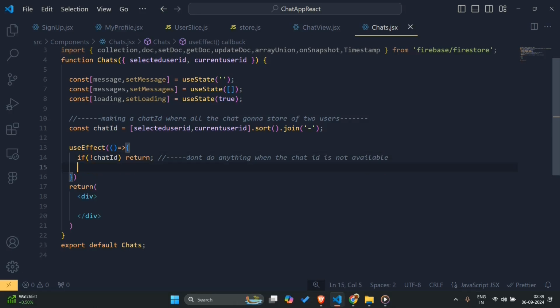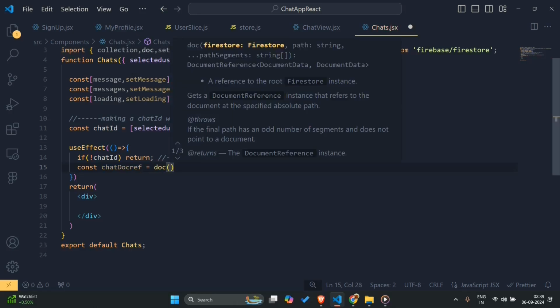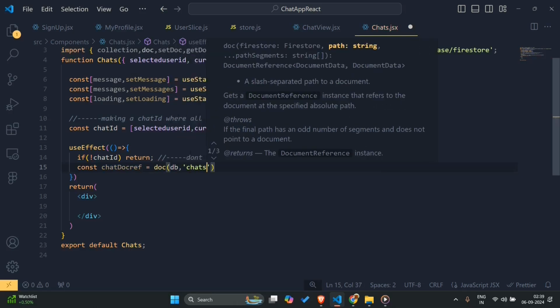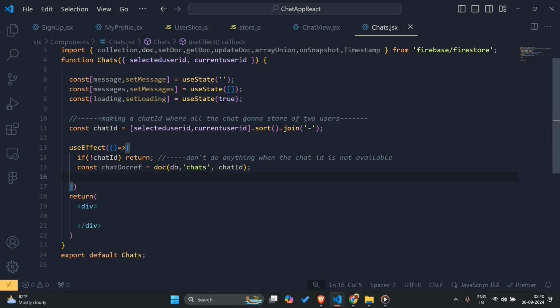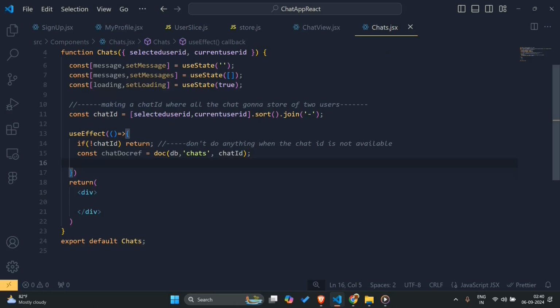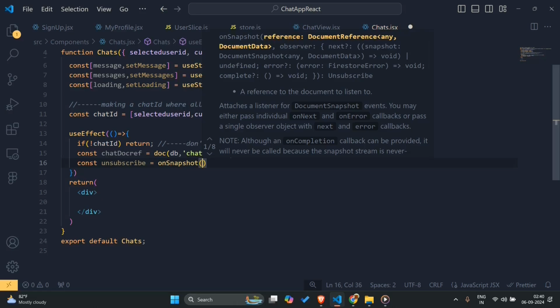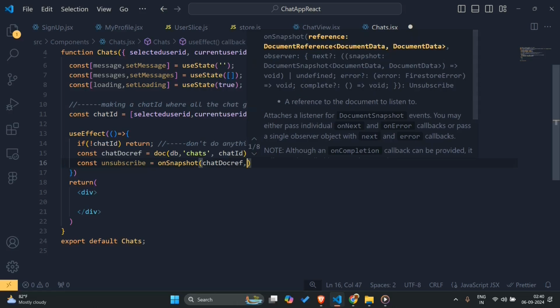Either we'll say const chatDocRef = doc(db, "chats", chatId). So this is the chat collection where we're going to save all the chats of a particular chat ID. So let's say const unsubscribe = onSnapshot(chatDocRef,